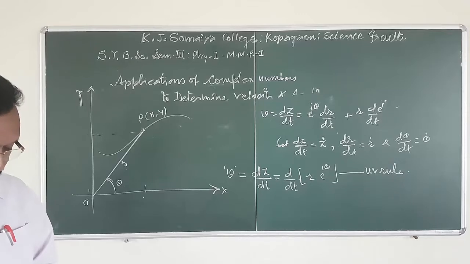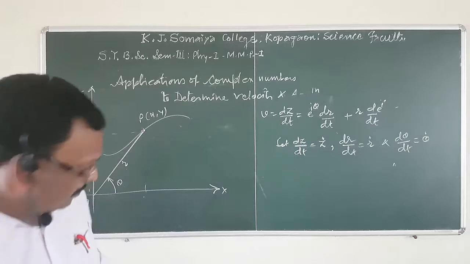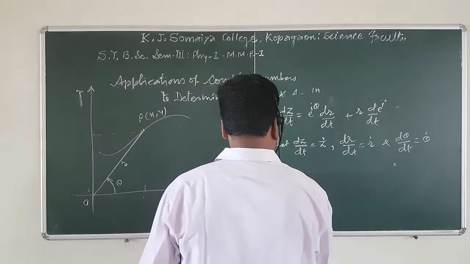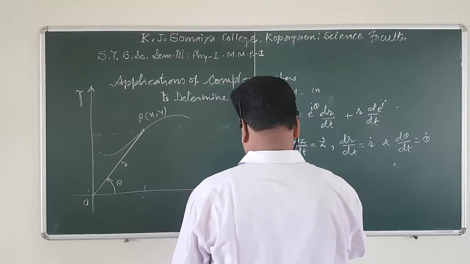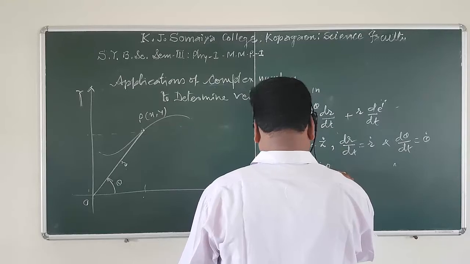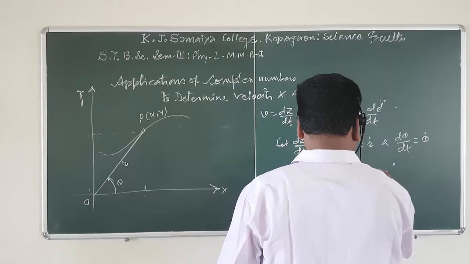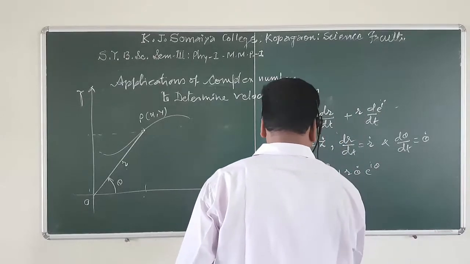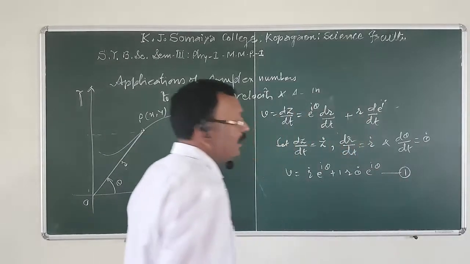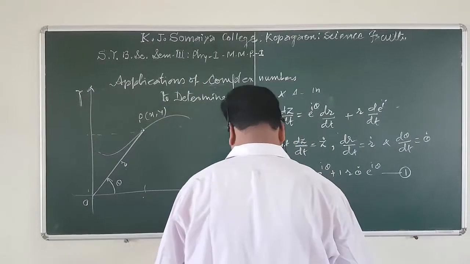Then by substituting these values, we have V is equal to r dot e raised to i theta plus i r theta dot e raised to i theta. Suppose this is equation 1, and this equation represents complex velocity, but we know that i is equal to